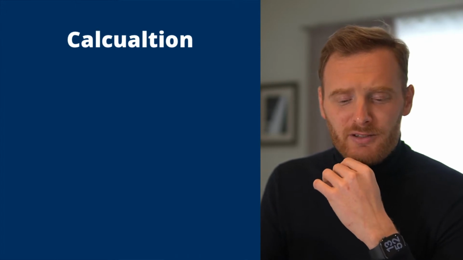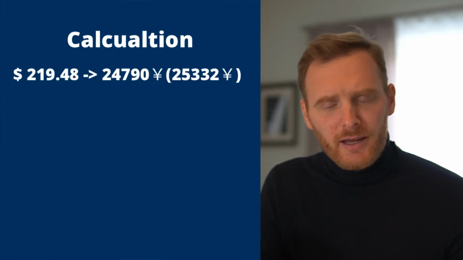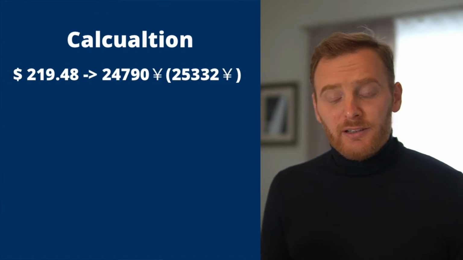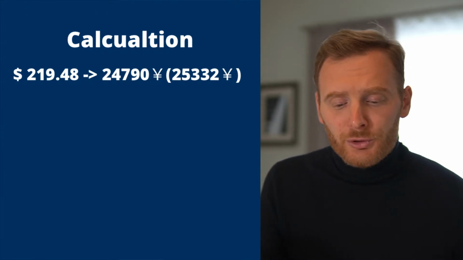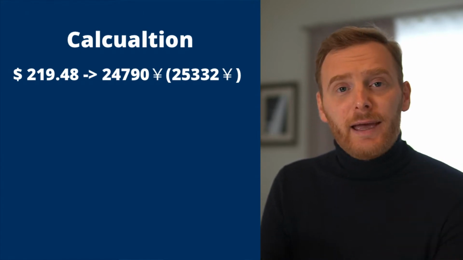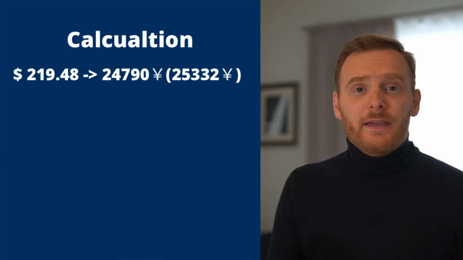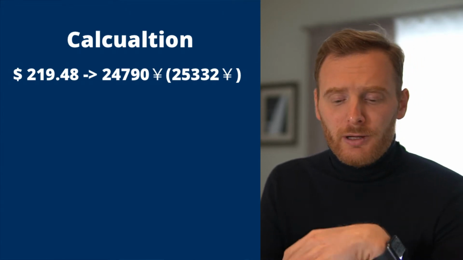I just want to take one transaction and show you what would be the A to Z commission for Stripe. So let's take a look at one transaction. This transaction is for $219.48, which at the time when it arrived in our bank account was converted to 24,790 JPY. And if you look at the conversion rate at that date, so an independent conversion rate, let's say by Google,